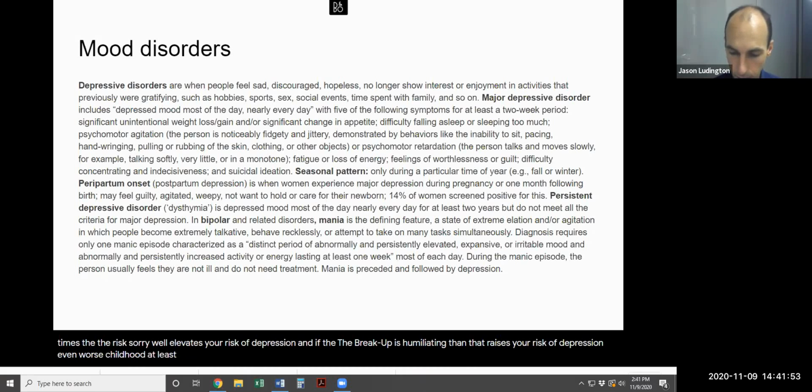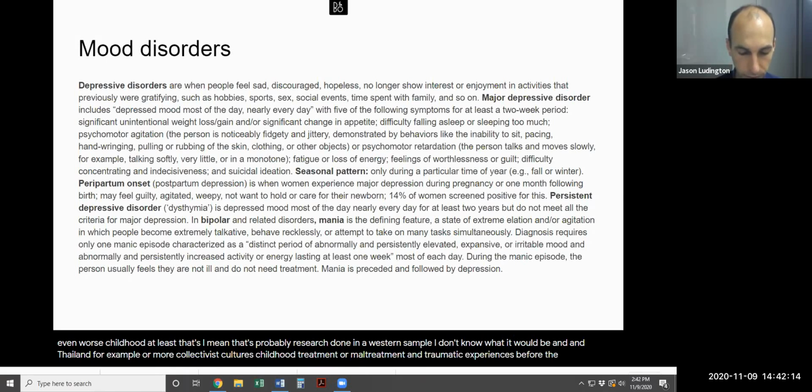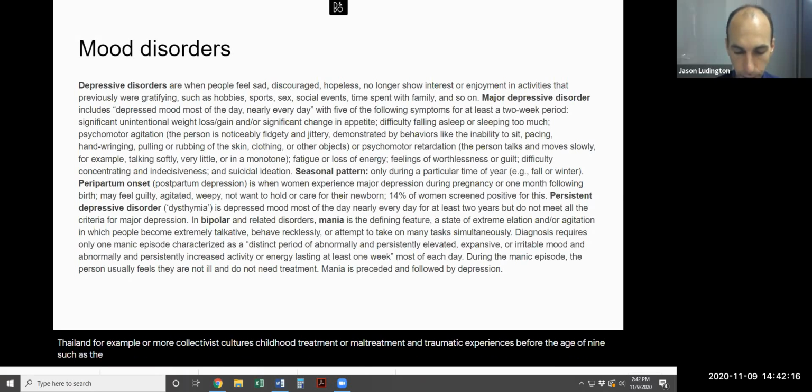Childhood, at least that's probably research done in a Western sample. I don't know what it would be in Thailand, for example, or more collectivist cultures. Childhood maltreatment and traumatic experiences before the age of 9, such as the separation from a parent or family turmoil or maltreatment, such as sexual abuse, can elevate the risk of chronic adult depression among those who have one